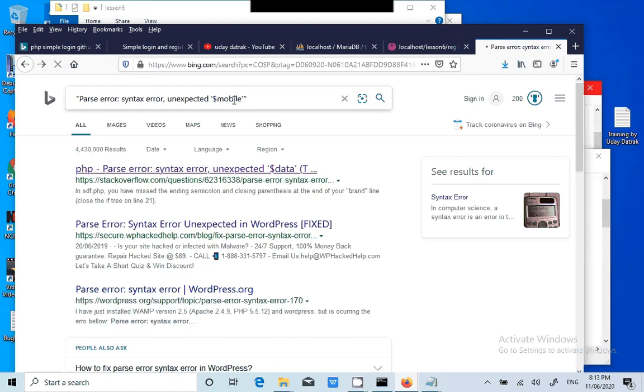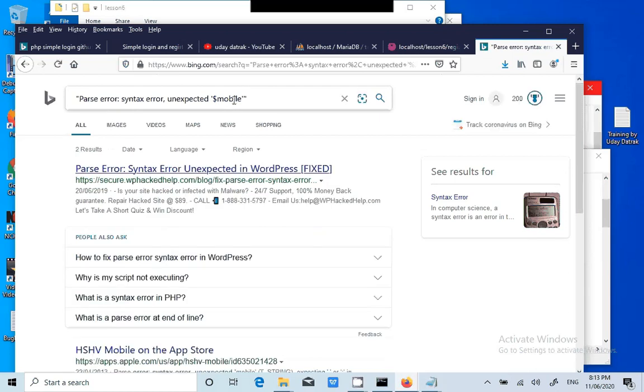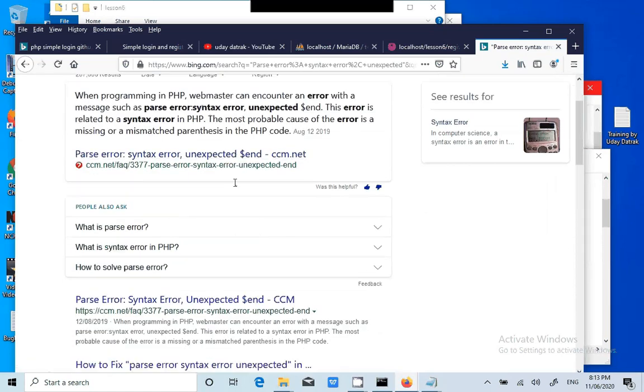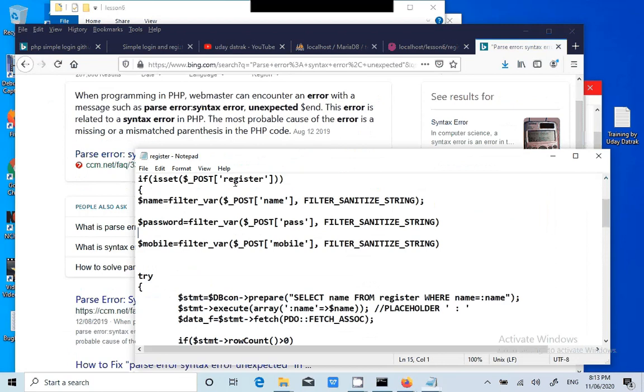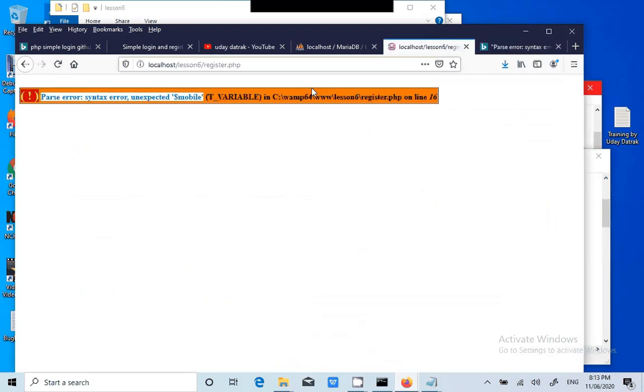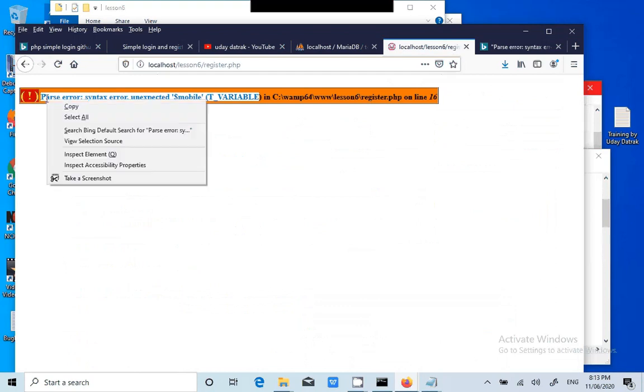Let's see whether someone has got this syntax error. What is the exact error? Some T variable error, right? T variable is the name, we need to search for it.